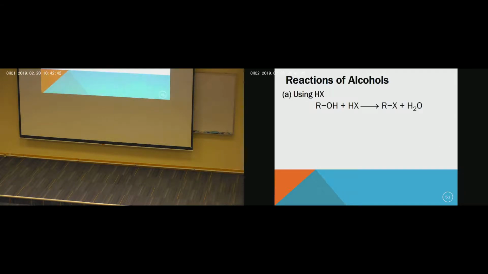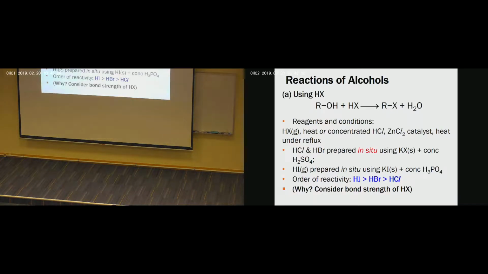When you heat an alcohol molecule with hydrogen halide, or let's say you heat with hydrogen chloride, you will get RCl plus H2O. Notice the balanced equation, your OH is now substituted by an X. So you have successfully converted an alcohol functional group into an alkyl halide functional group. So these are the reagents and conditions. You can use the HX gas and heat,